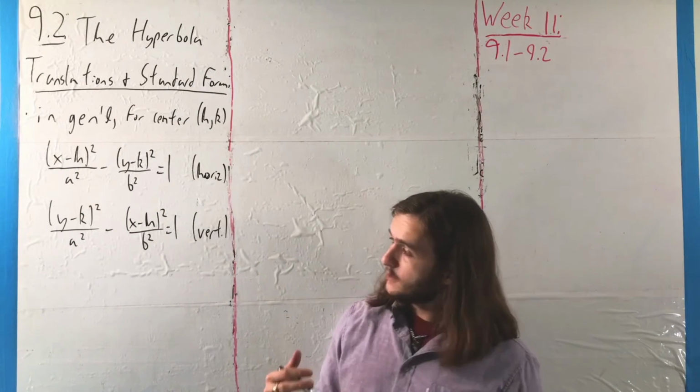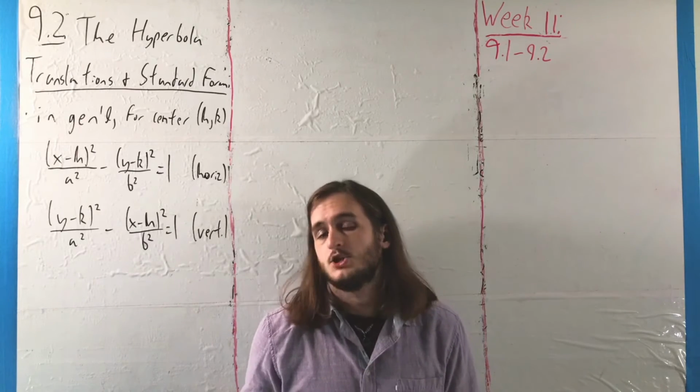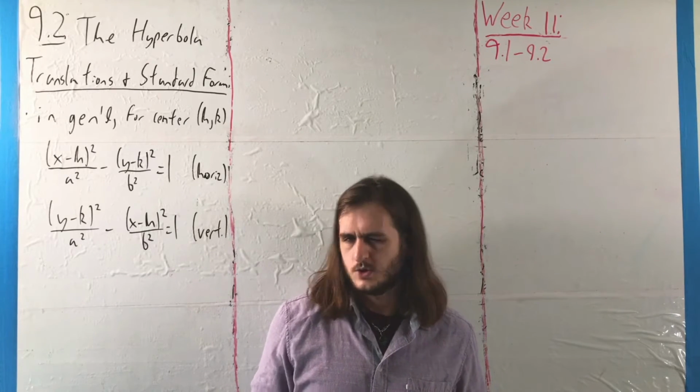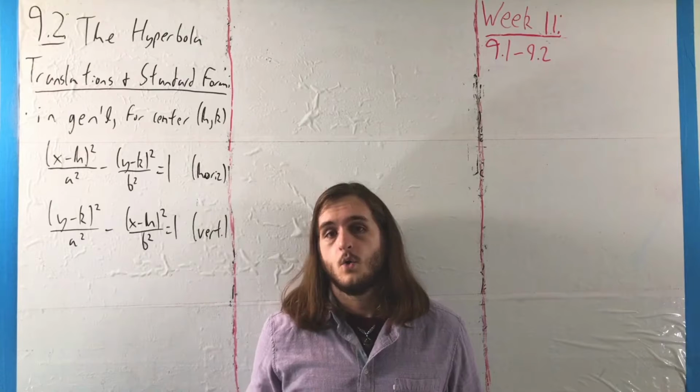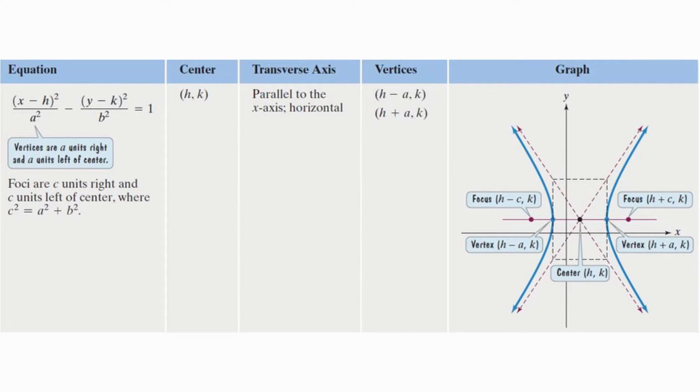So, if we want to talk about our hyperbolas in terms of a more general center (h, k), instead of a point other than the origin, the origin wouldn't be very interesting. For our two arrangements, in the horizontal case, we look at something in the form x minus h squared over a squared, where because we have the x and a term first, we're going to be talking about our vertices being a units to the left and right of h, and the foci are c units to the left and right in terms of that h value from the center as well,